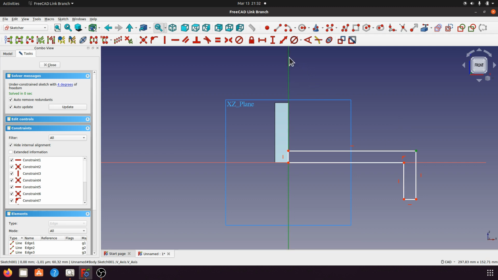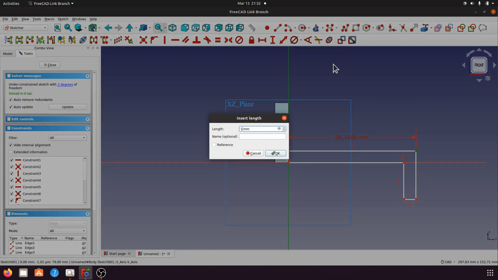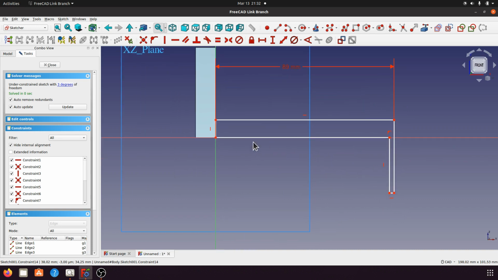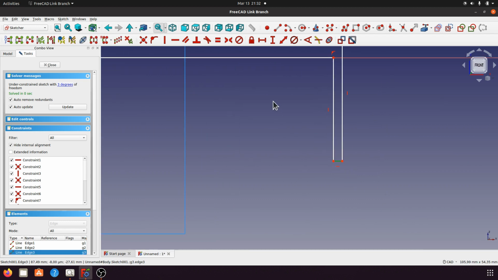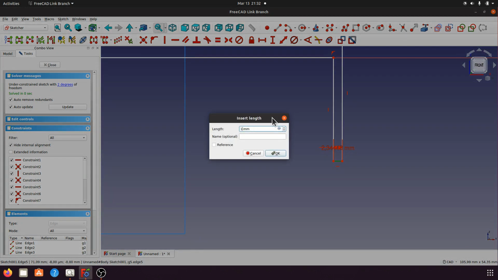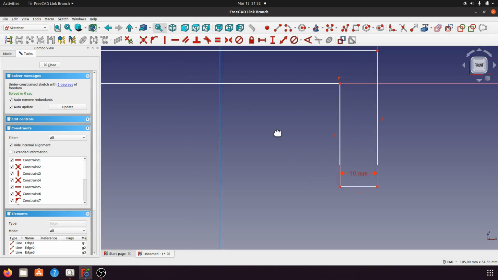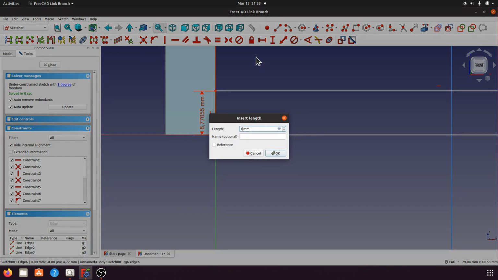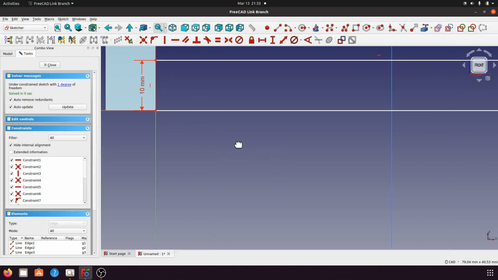Create this dimension. Okay, 89. This dimension for 10 millimeter. Okay, this dimension for 10 millimeter. Okay,